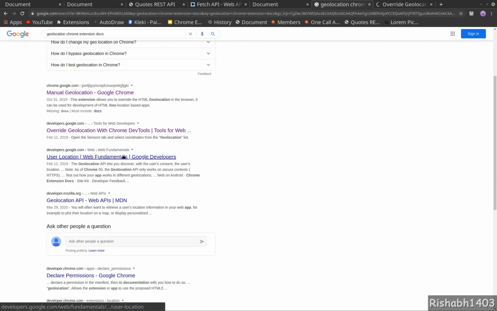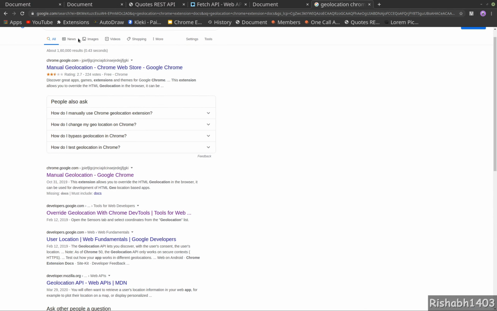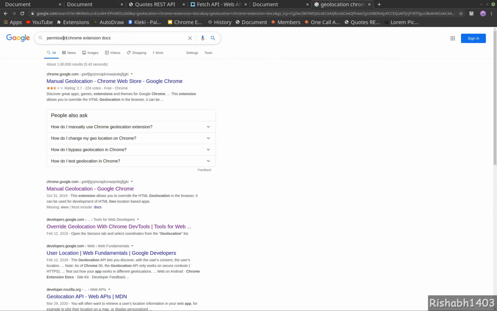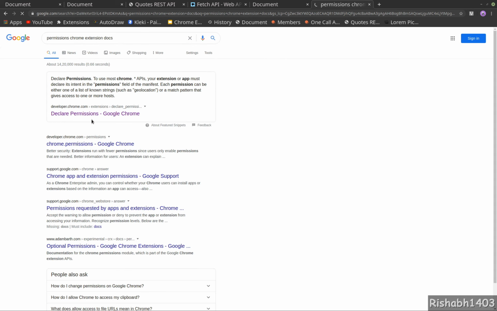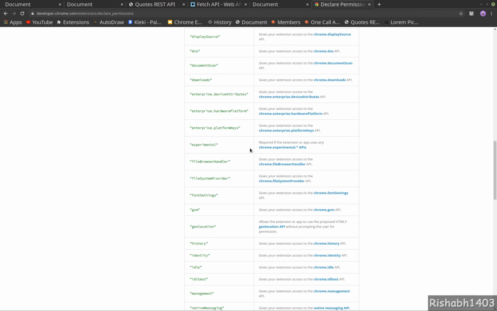Alright. I am trying to find the geolocation from Chrome API. Okay, let's do this. Permissions. Now let's see all the permissions that we can get. If we go down, there must be a geolocation.